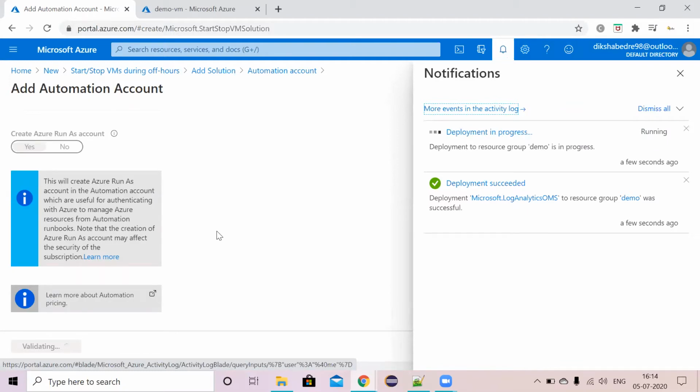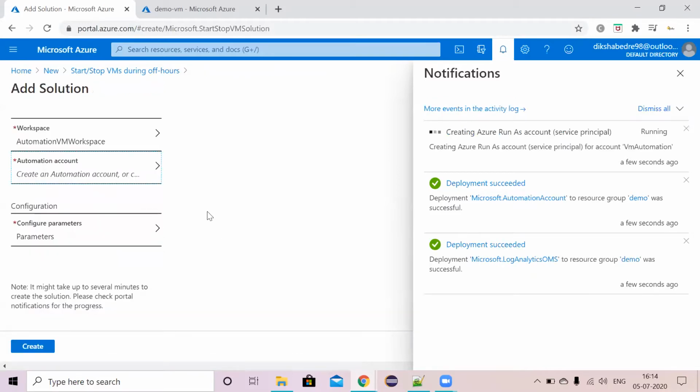It takes some time. Okay, so the automation is created. We can see here VM automation.